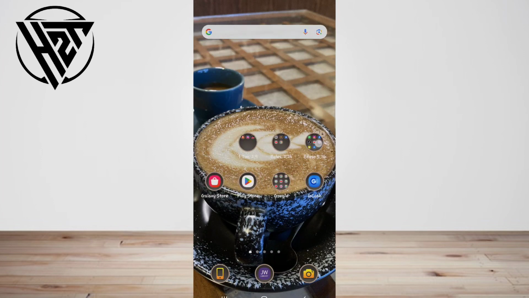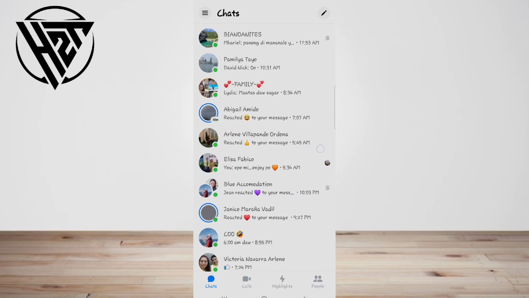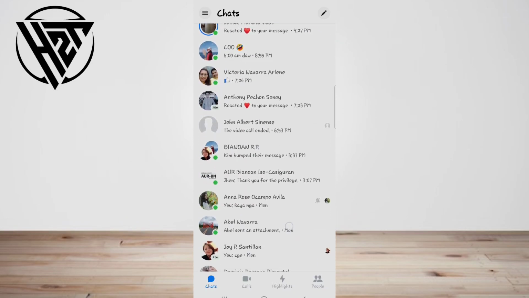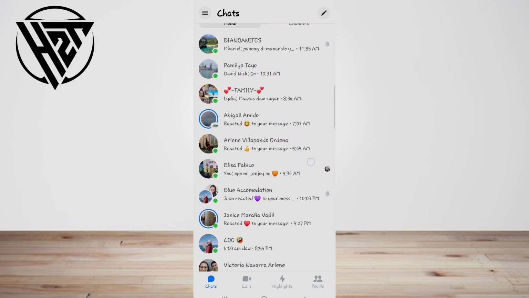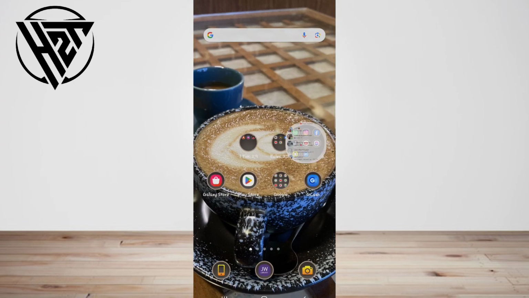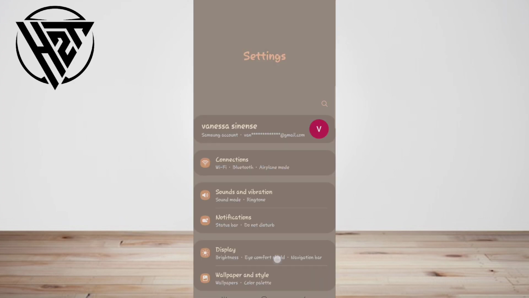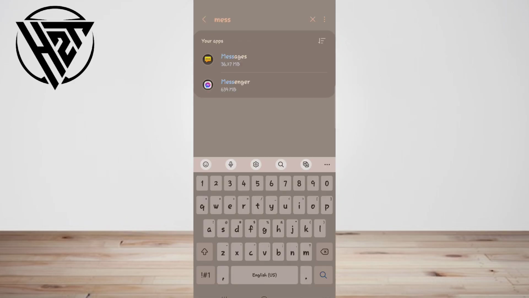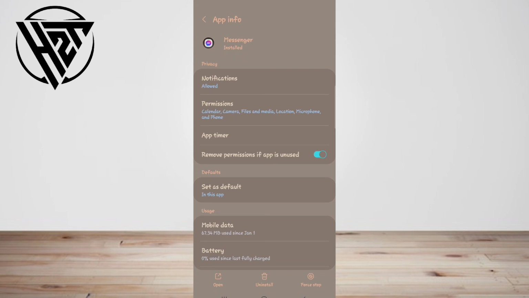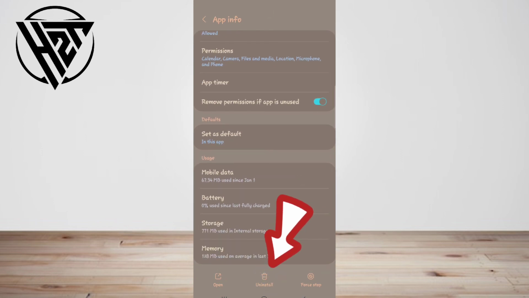And the fourth option, sign in to Facebook Messenger again. On Android, you have to log out of the app. There are no logout buttons on Facebook Messenger, so we have to go to Settings, tap on Apps, select Facebook Messenger, then tap Delete Data or Uninstall.